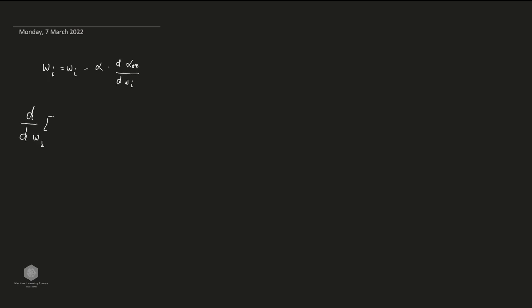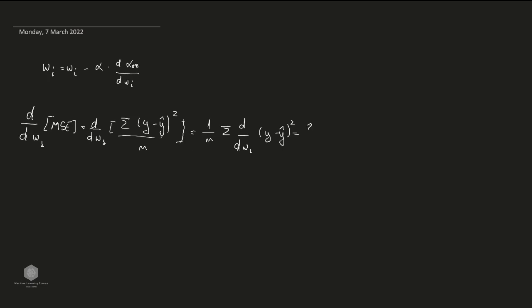Now let's try to compute it here. So the derivative of mean squared error with respect to w1 is the derivative of mean squared error, which is expanded as the sum of y minus y hat squared over n, with respect to w1. And this is 1 over n, and the sum of the derivative with respect to w1 of y minus y hat squared. And this is 2 over n, because we have the second power here, over the sum of y minus y hat